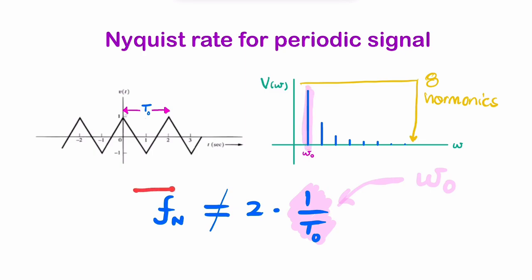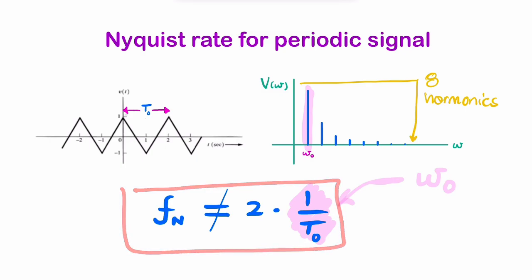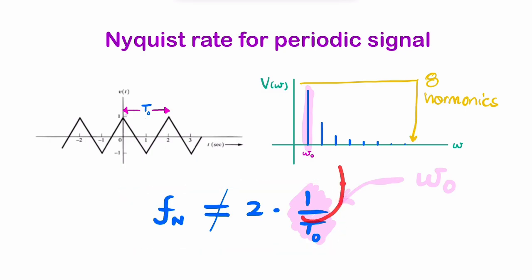So saying that the Nyquist rate is twice the inverse of the period will give you this, and this is a sine wave. Whereas what we're sampling is not a sine wave. So it wouldn't be enough to sample only at the Nyquist rate. So at the Nyquist rate means you sample only twice per period. So